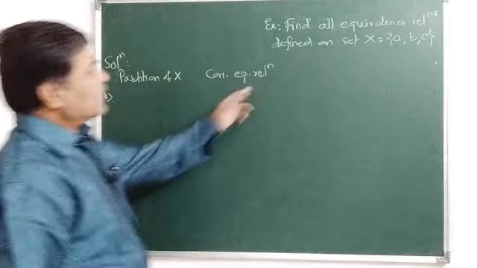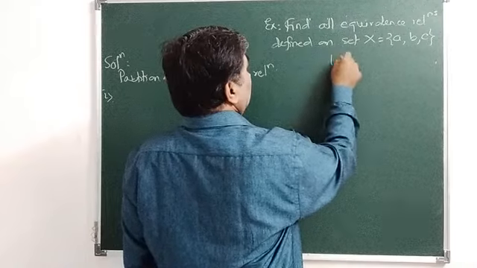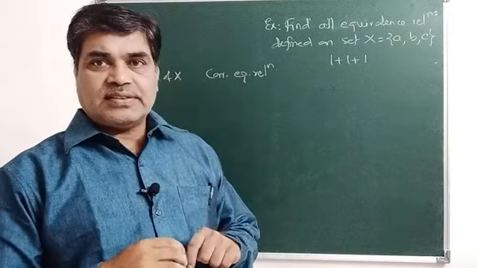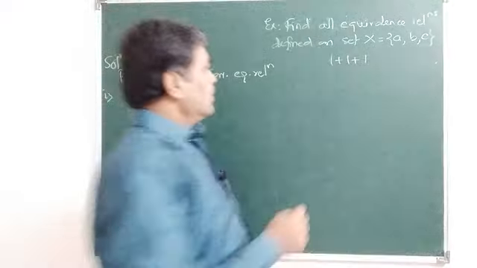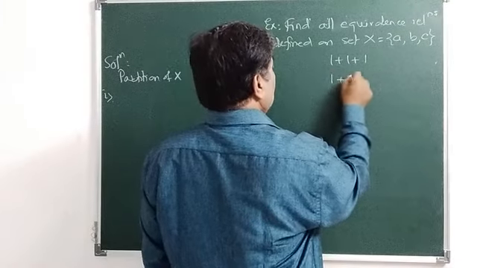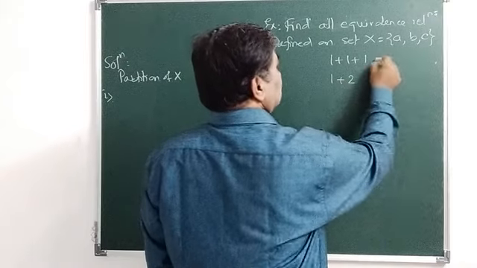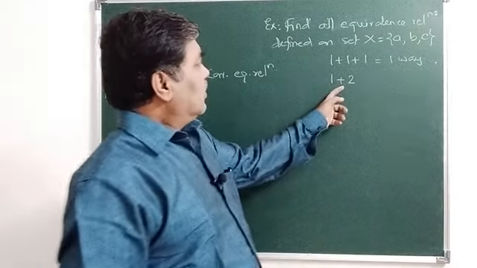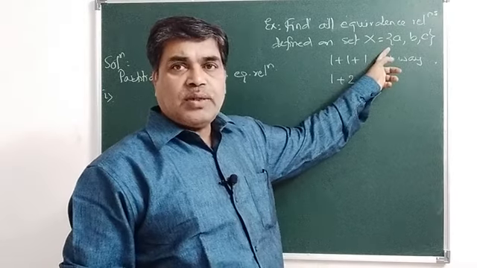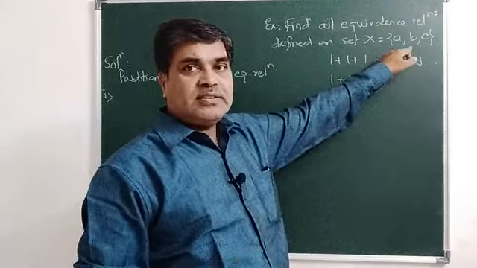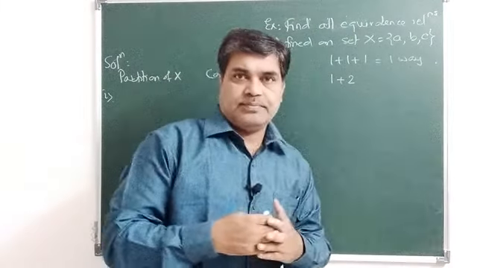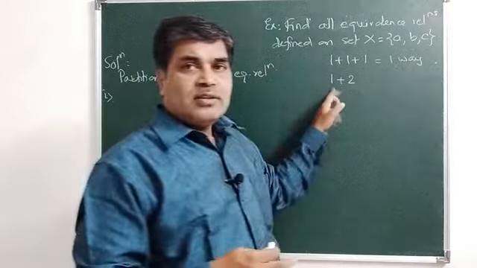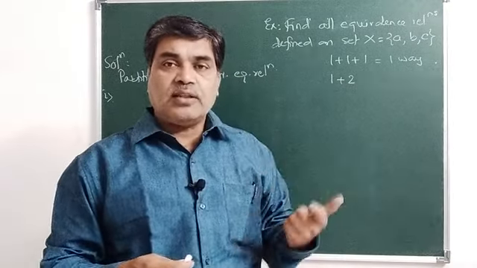So how can we partition? Firstly we will take 1 plus 1 plus 1, meaning singleton sets. Each set is non-empty. Then I will take 1 plus 2. This is just one way. In the second partition, there are three elements, so I am partitioning 3 as 1 plus 1 plus 1, then 1 plus 2, taking one singleton set and another two-element set.